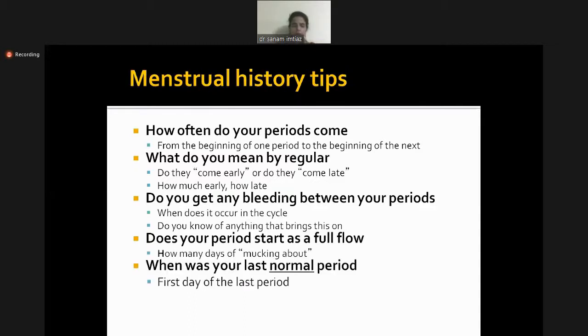Ask about the flow, that means whether your flow is normal, heavy, or less. You always do ask, for instance, if a patient is presenting to you with menstrual irregularity or any kind of menstrual problem, you will always ask the patient when was the last time that you had a normal regular cycle, or a cycle without any symptoms that you have currently faced. I think that's also applicable to every kind of history taking, that you will always ask a patient when you were feeling completely normal. So it's more or less the same thing.